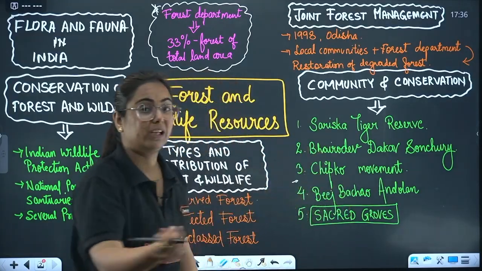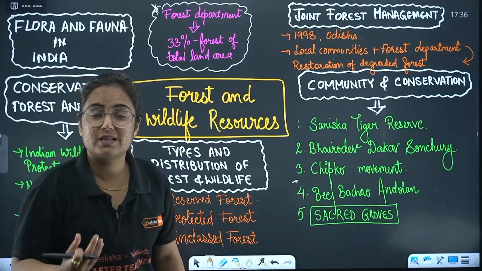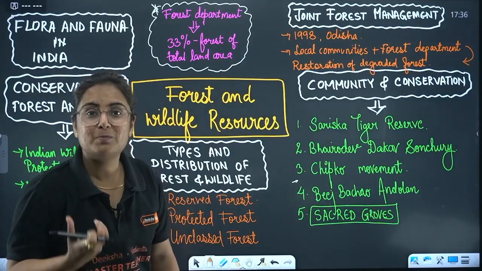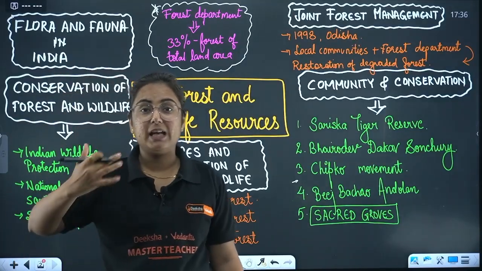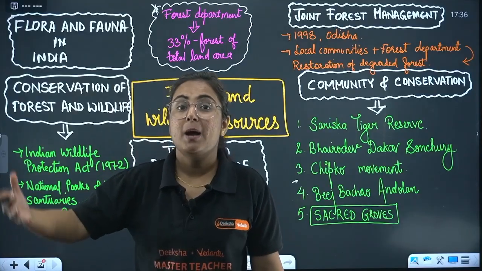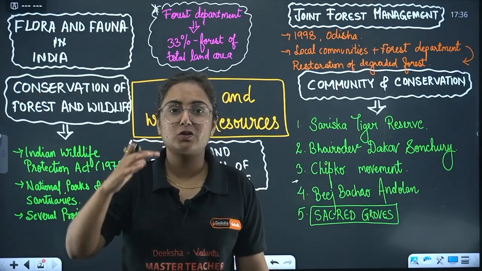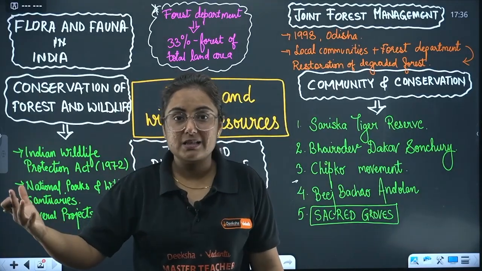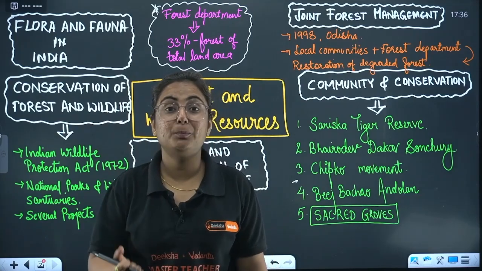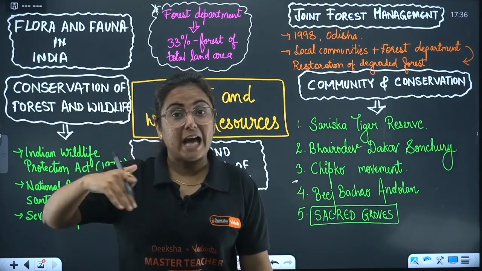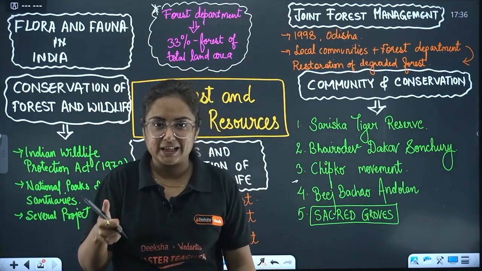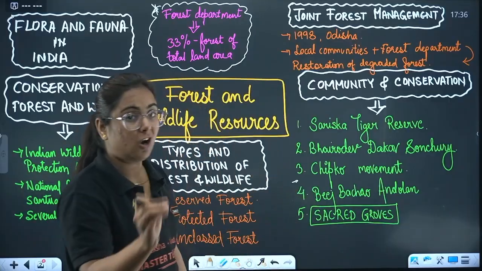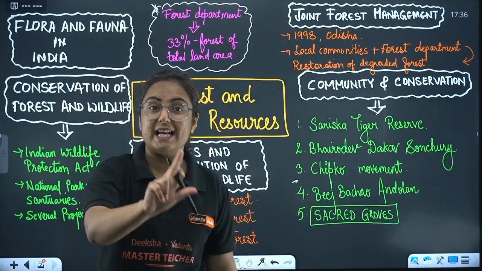The third one is the Chipko movement, popularly known to all of you since childhood, right? Beej Bachao Andolan in the Tehri state, where what is done? Diversified crops are protected. Rather than making them genetically changed by mixing so many fertilizers or chemicals, they are focusing on protecting their species, diversifying that species. Getting the point?